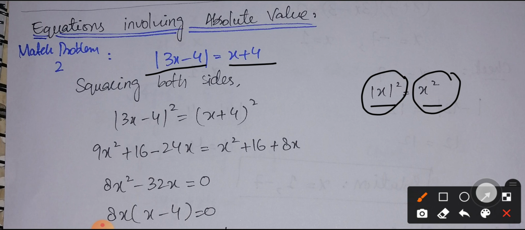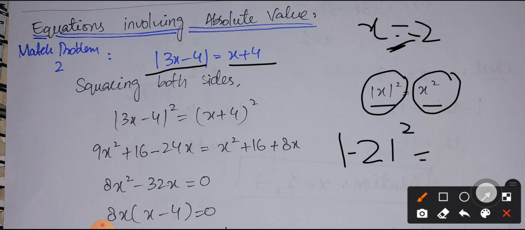So I can justify it as well, that if I take x is equal to 2, it means I must have 2, or x is equal to minus 2, so that it could be more simplified for you. Minus 2 whole mod whole square is equal to minus 2 whole square. So mod, or absolute value, is going to make this negative a positive number, so it will be equal to 2